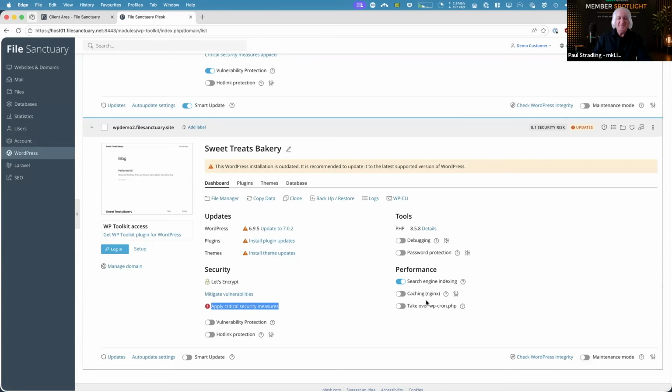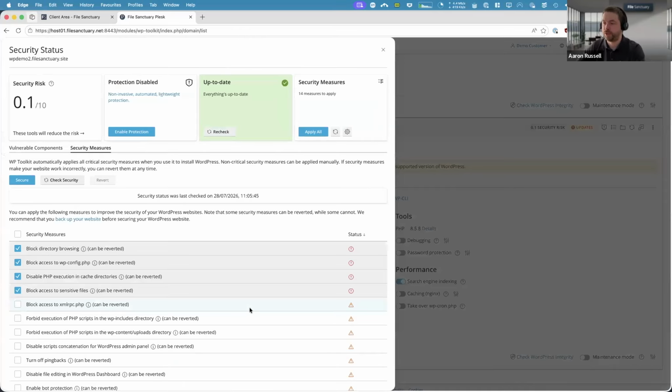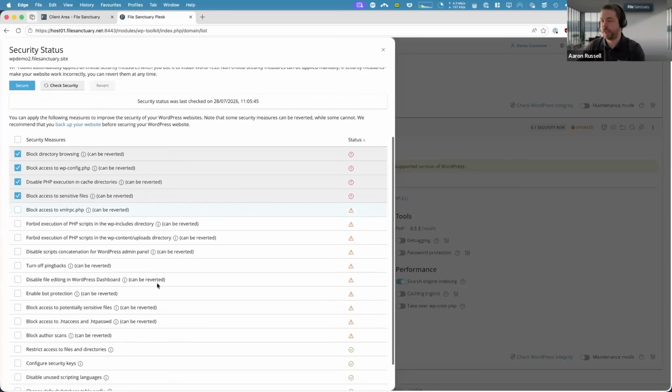to the best possible condition. So the first thing we'll do is the one-click security hardening, because that'll mitigate the worst possible attacks, the most frequent attacks on WordPress. So I'll click on here, and you'll see that here are all the things that we can mitigate.